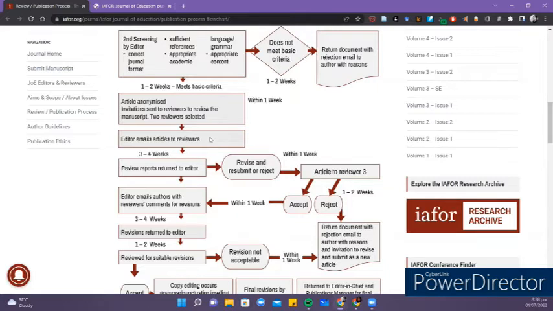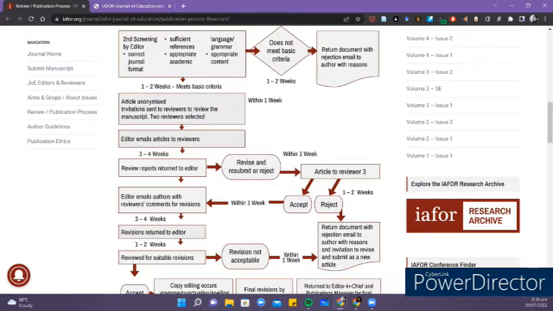So a huge chunk of the time, not naman a huge, but a considerable chunk of time by professors and academics is spent on just reviewing the articles of other scholars in the field. Parang ako, I get like at least 3 to 4 review requests per year na tatanungin ka, hey, can you review this article for us? Tapos you have to write like an evaluation of the article and decide whether it has to be accepted or